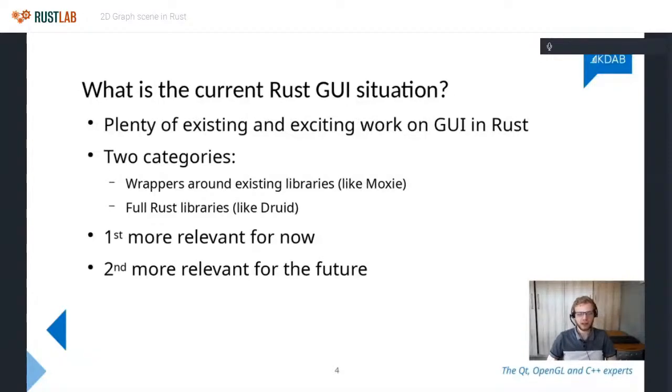And then the second category of Rust GUI libraries are what I've called full Rust libraries. And the example here I've given is Druid, but there are many other examples. So Druid basically does everything all the way from API to drawing. Although I should mention, it's kind of debatable as to whether it does entirely everything, because Druid does have a dependency on a 2D rasterization library, either a library you can link in yourself, or an operating system API like Core Graphics on macOS. So currently Druid doesn't actually do the rasterization itself.